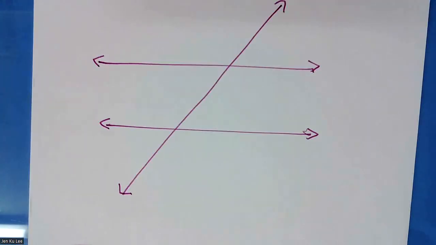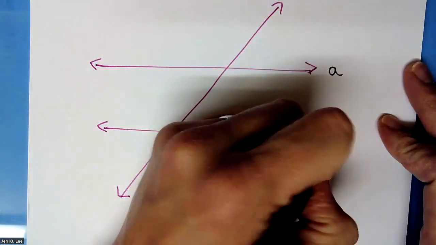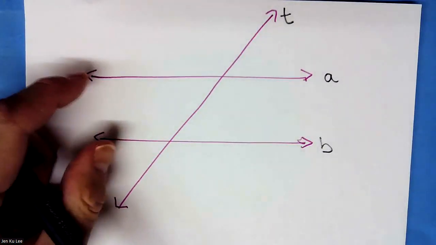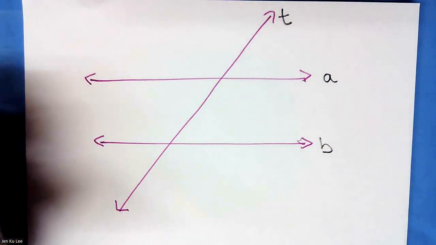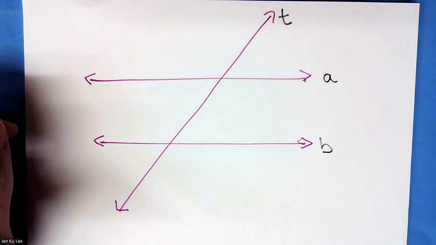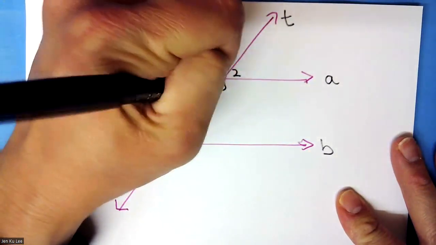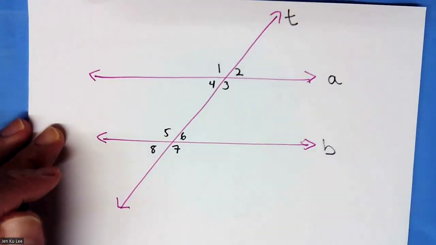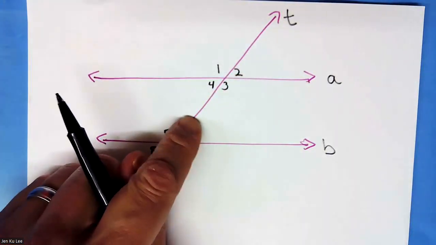Let's label them line A and line B, and my transversal T. Notice that they don't have those special arrows signifying that they are parallel yet. We don't know that they're parallel. But let's label all of these angles again, 3, 4, 5, 6, 7, and 8,